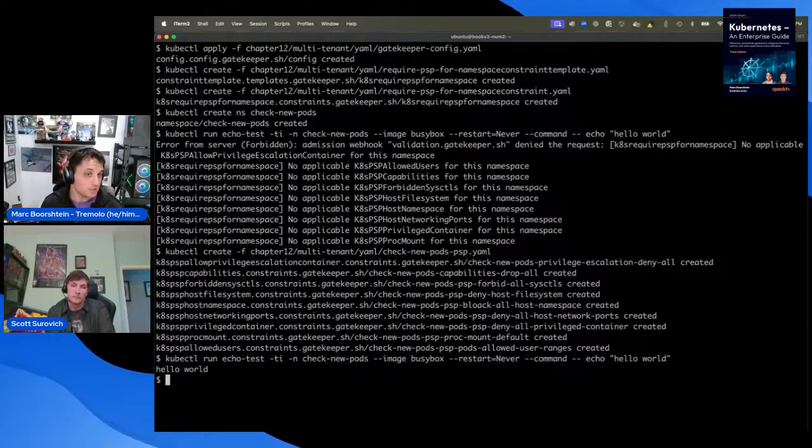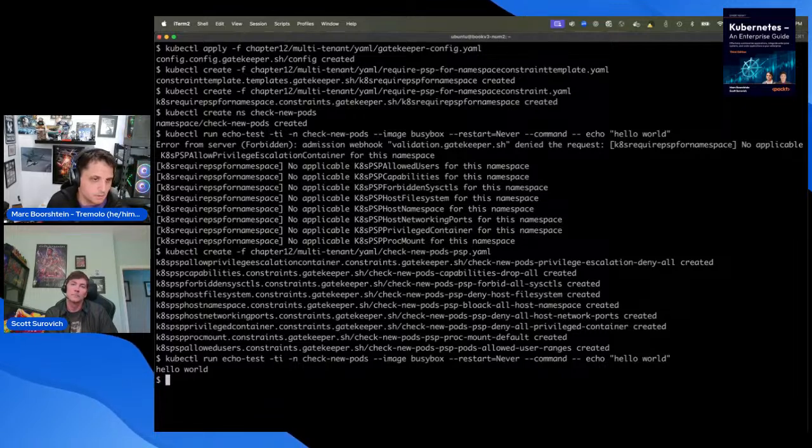Unless you mark the namespace as being an unrestricted namespace, you can't launch anything that says, I need port 8443 as an example, or launches a container, an init container as root, so you can repermission a mounted PVC.